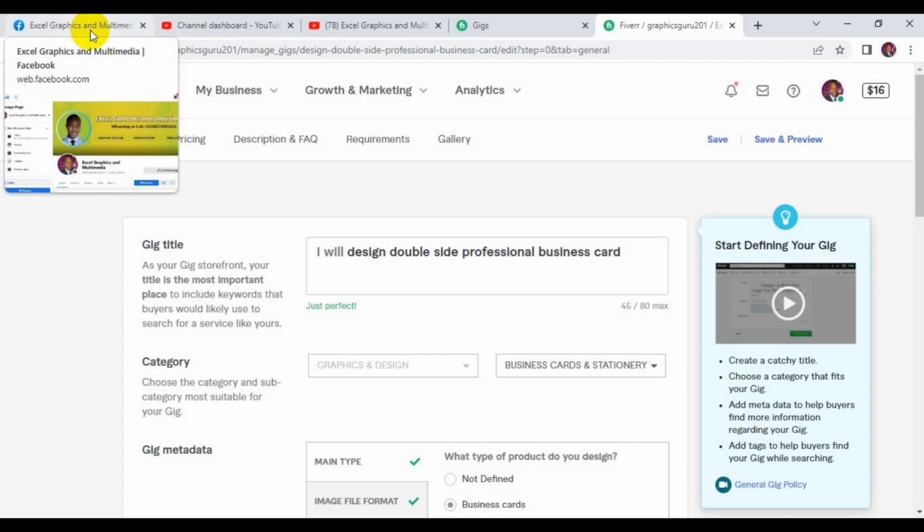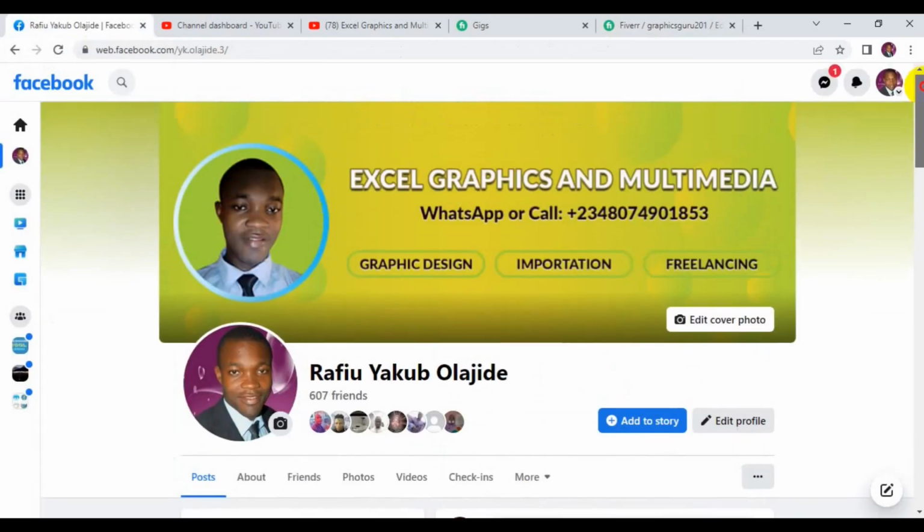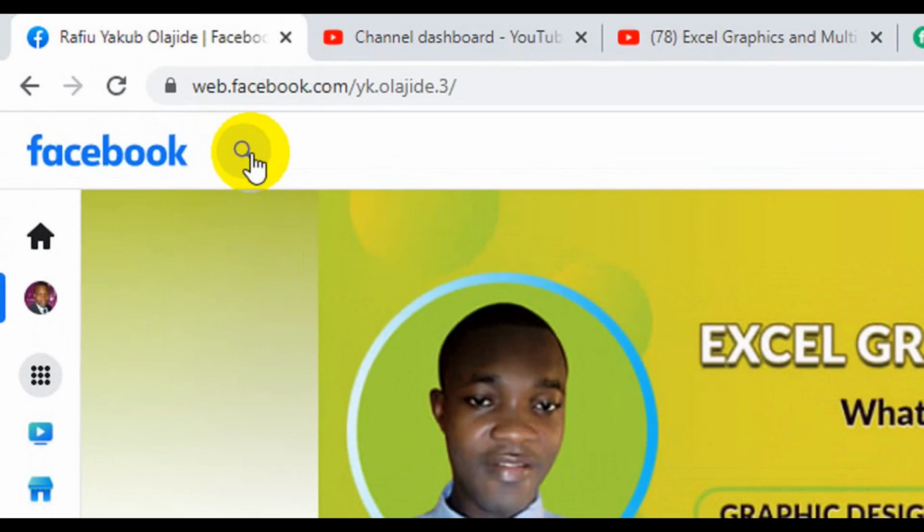So I'm going to show you guys how to do that on Facebook. Let's head over to my Facebook account. Alright guys, this is my Facebook account. Here is what you can do on Facebook as far as a Fiverr gig is concerned. When you open your Facebook account, make sure you make use of the search bar. You see this search icon here, and then type in